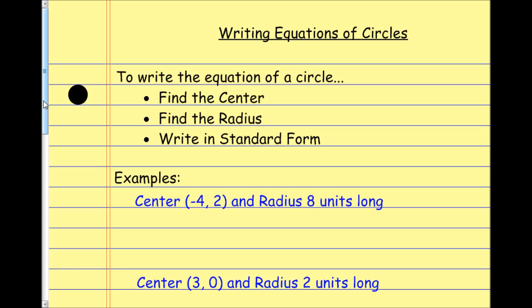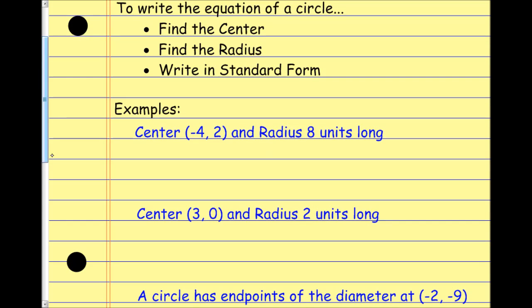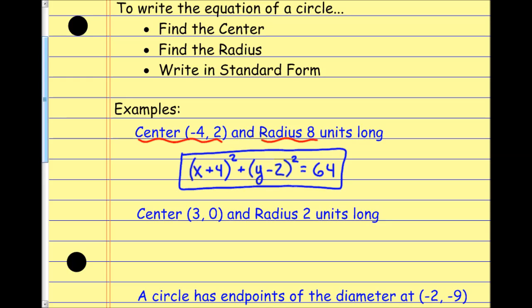All right? So if I look at this first one, I've got a center at -4, 2, and a radius of 8. It gives me the two things that I need here. I've got the center, I've got the radius, and I'm just going to plug this into our standard form. So our standard form is x minus h. The h value this time is a -4, which is like a +4 when I do x minus a -4, squared plus y minus k, which is the 2, squared equals r squared. Well, my r value this time is 8, so r squared would be a 64. And that's it. Right? That's the equation of my circle that has a center at -4, 2 and a radius